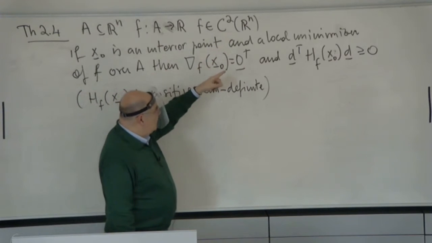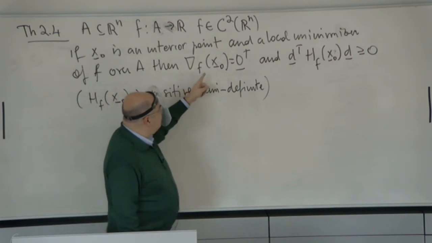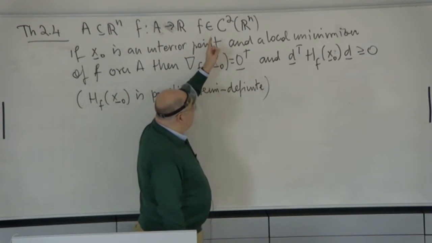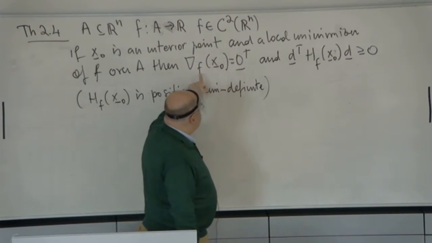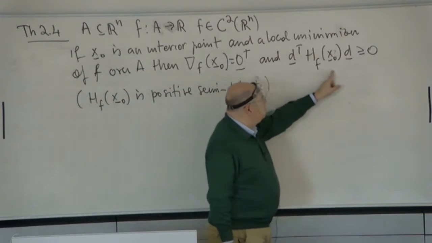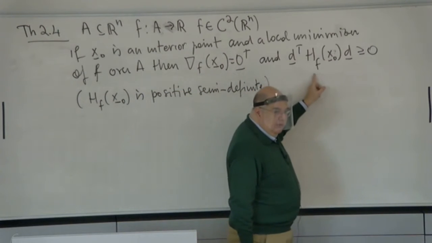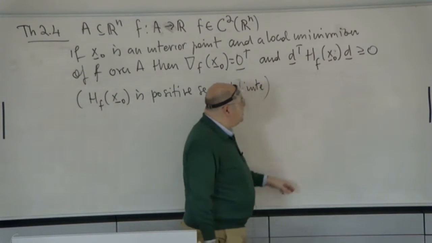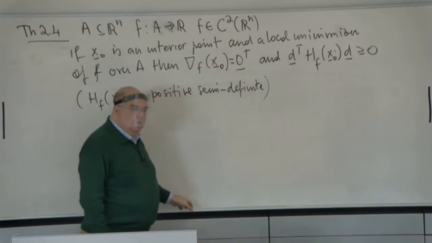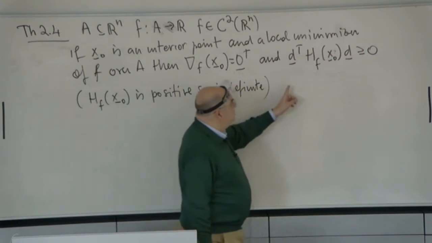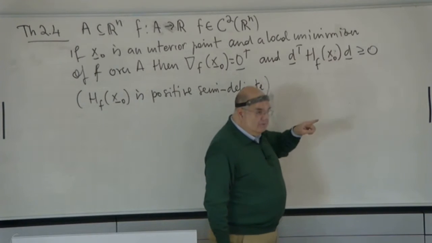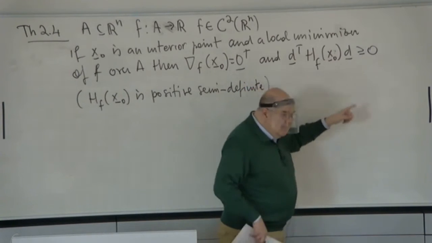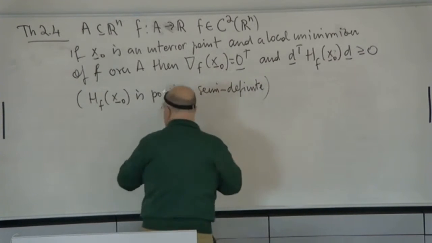So we say that this is a local minimizer and the function is twice continuously differentiable. The gradient is 0, and also the Hessian matrix at that point is a positive semi-definite matrix, which means take any direction and consider the quadratic form there. And since this is the term of, if you remember, the